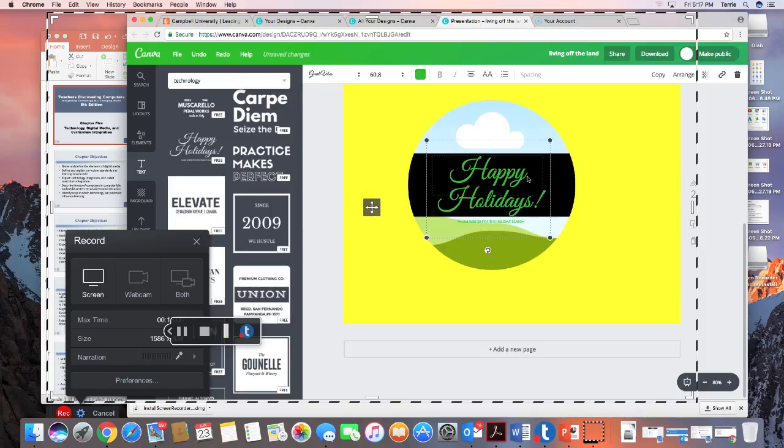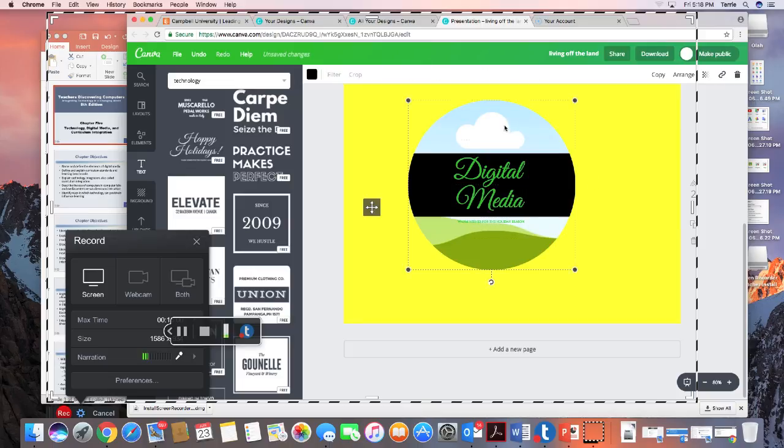And of course I can change that to digital, and then change the next word to media. Oops. And if I wanted to change the picture in this part right here, I could go back over